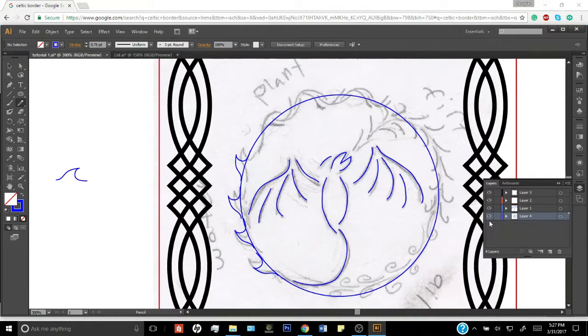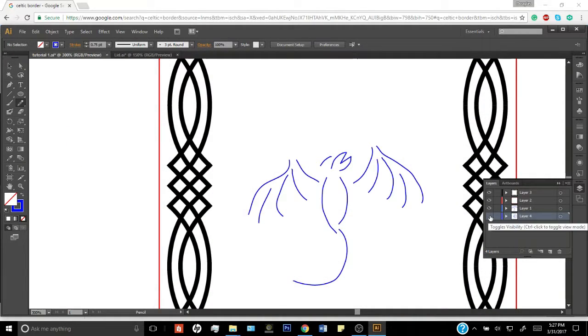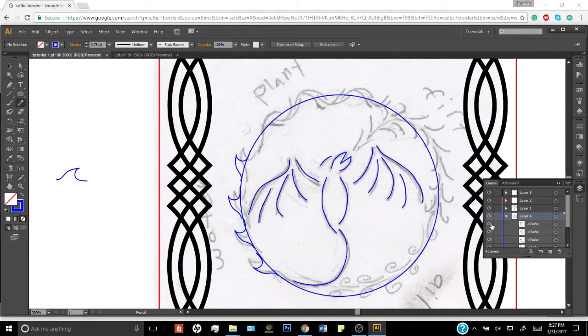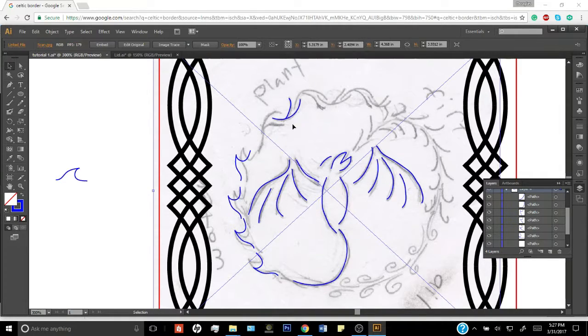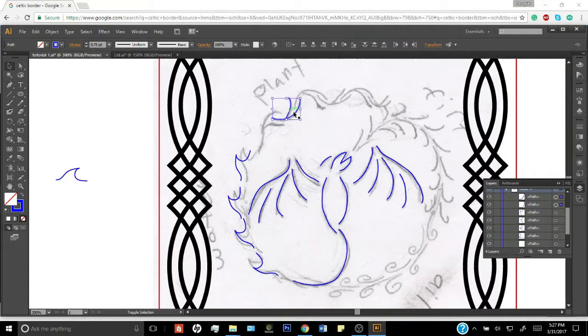So my next one, make that circle disappear, and then I'm going to draw 2 of these actually. Actually, I'm going to select both of them, copy it, paste, move it over here,